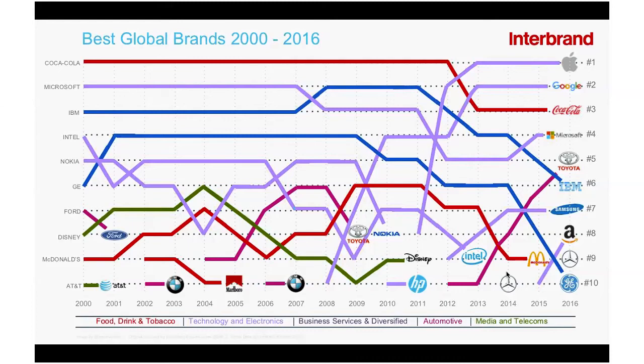There's a whole load of other stories in here we could talk about. But really, it's just kind of one about disruption. Now, the story that I like, you can see Amazon's just coming up there into 8th in 2016. Facebook will be one of the biggest brands pretty soon. Jeff Bezos has got this idea that